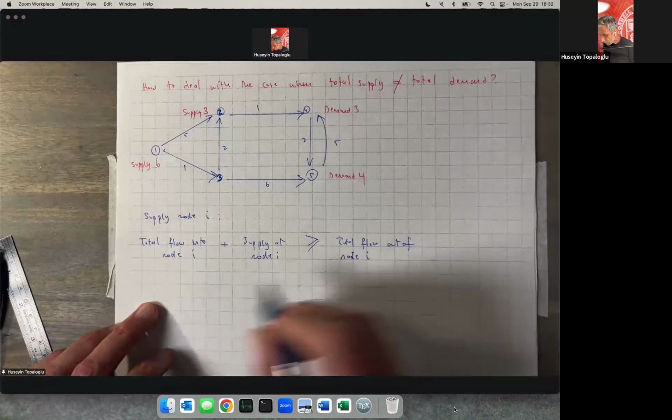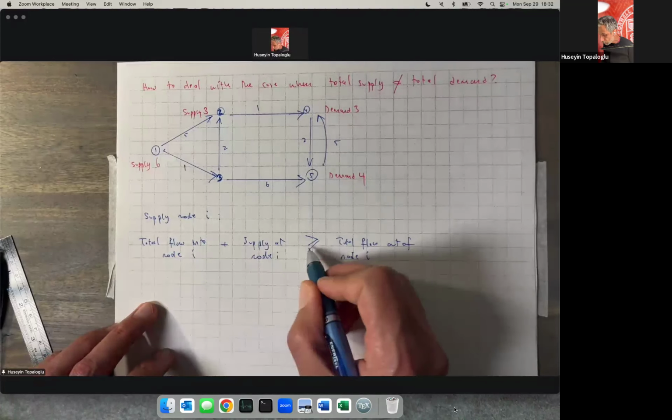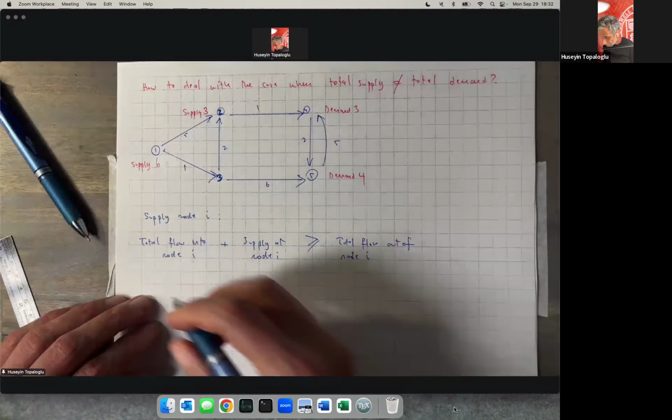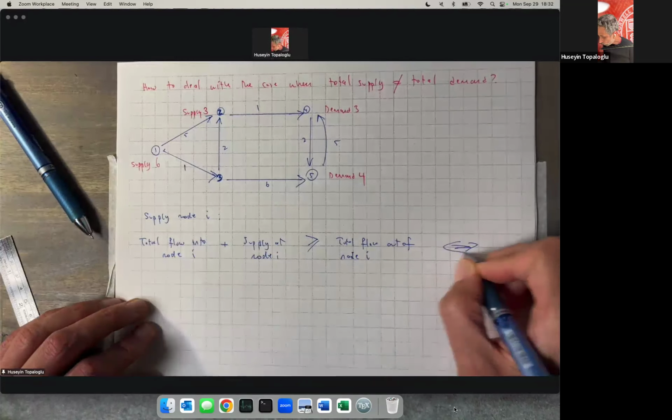So it's going to be total flow out of node I minus the total flow into node I is less than or equal to supply at node I. So then this constraint is equivalent to,